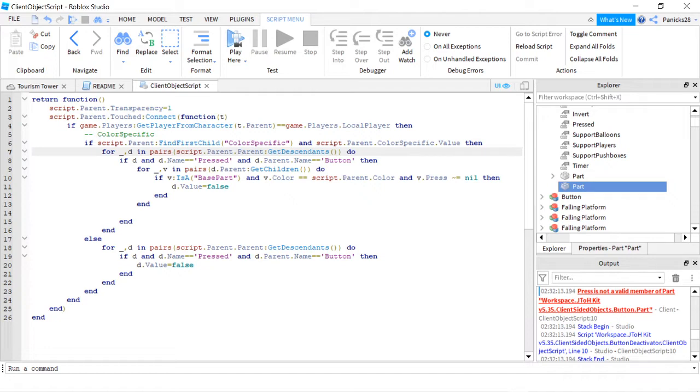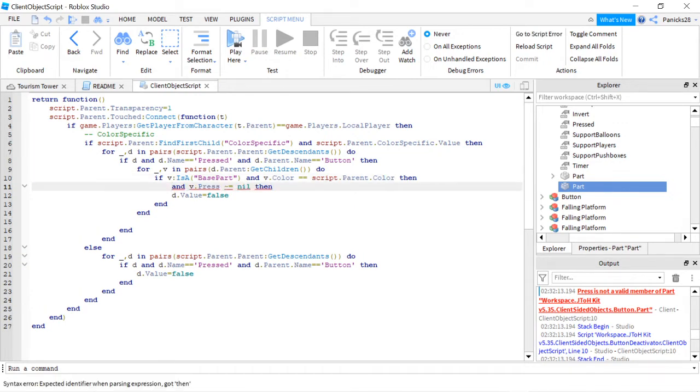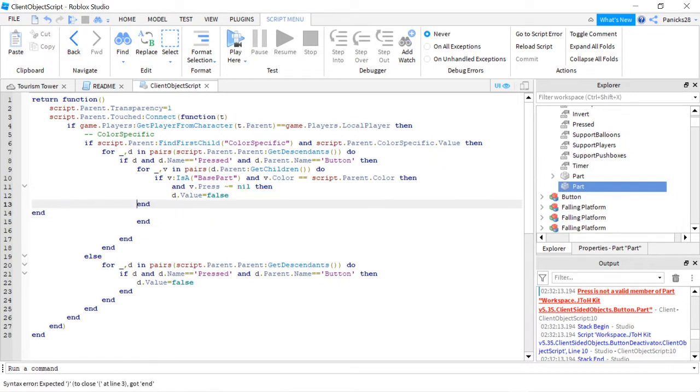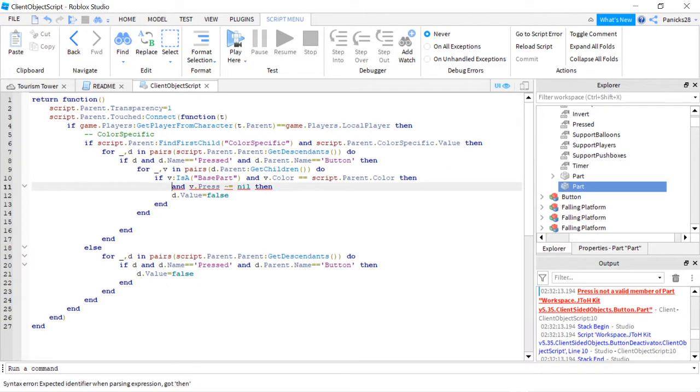So once we get v.color, what we are going to do is just end the if statement here, and remember to add an end value, because we will create another if statement. Actually, we can delete this first because it will help us create it later. Then if